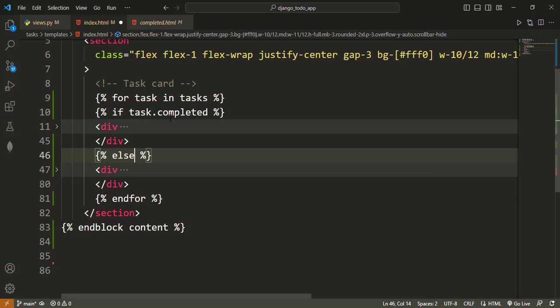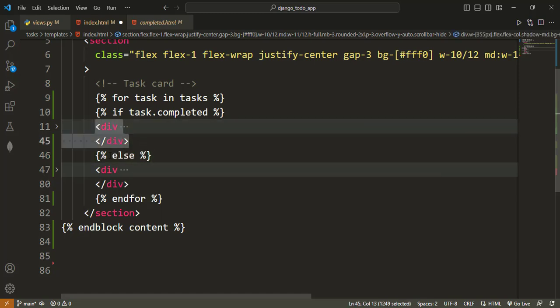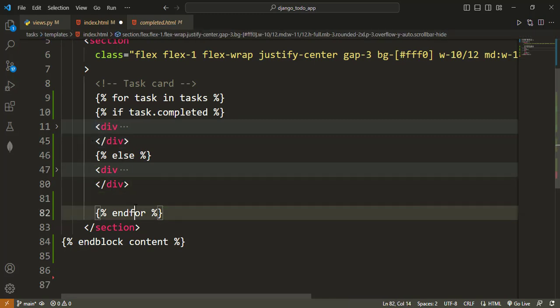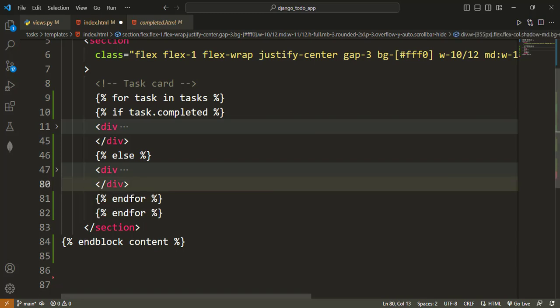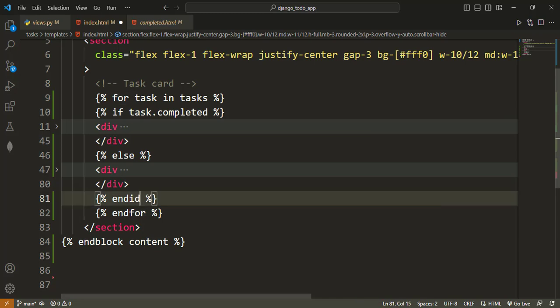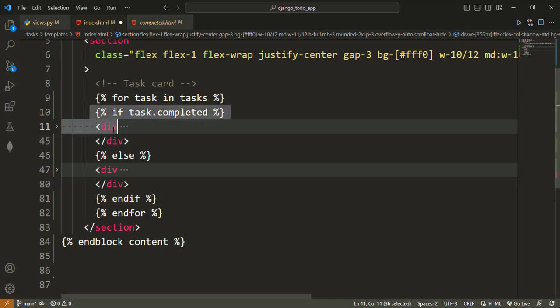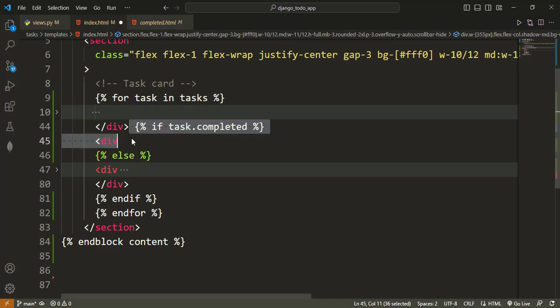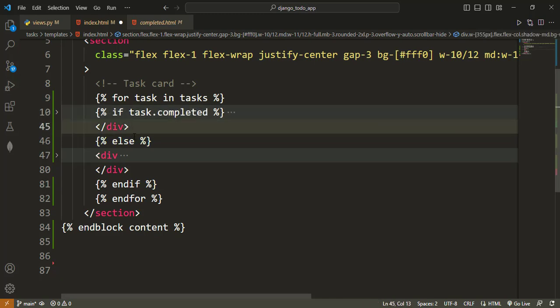So if the task is completed, render this completed div, else render this, and then here I will end if before I end the for. So for every task in the tasks, if the task is completed, render the completed div. If not,